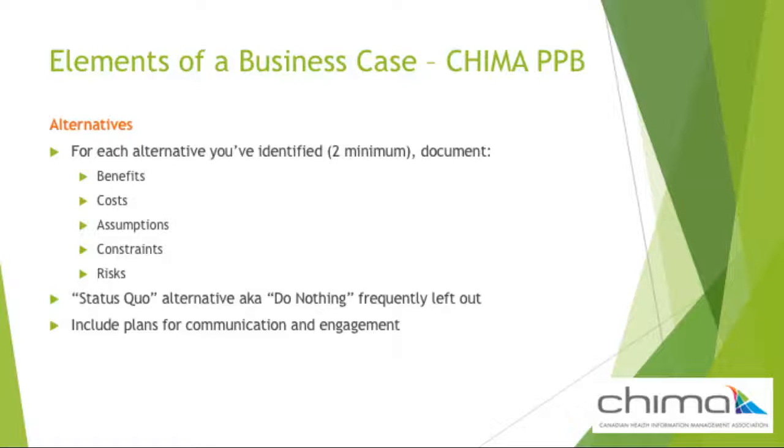Stakeholder engagement informs those whose work will be impacted by the potential change, acts as a way of gathering support, and provides consistent messages. At the end, you should have a preferred alternative. This will become your recommendation for the business case. The recommendation should also include information on how to proceed. This may be along the lines of, approve the business case within 2 months in order to be able to